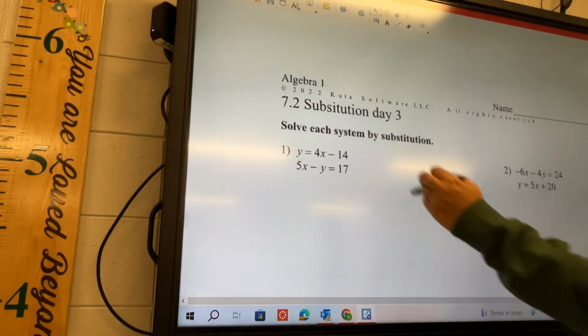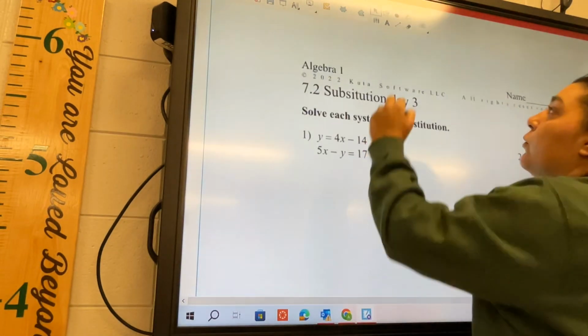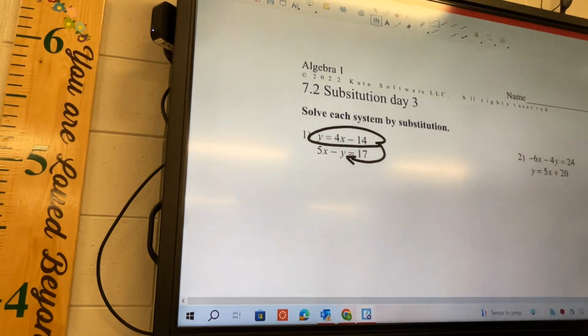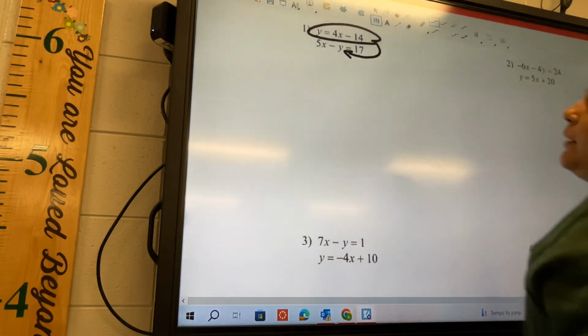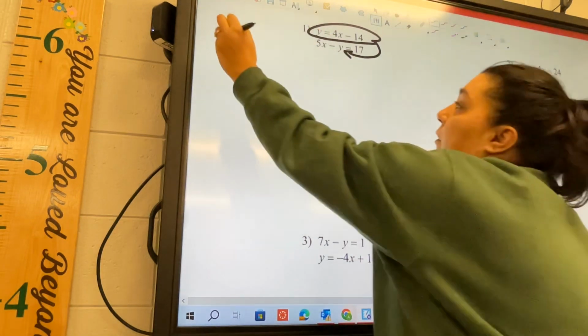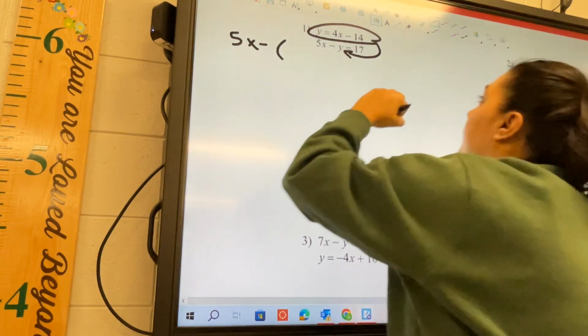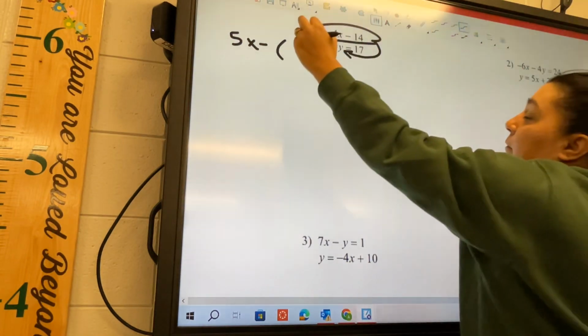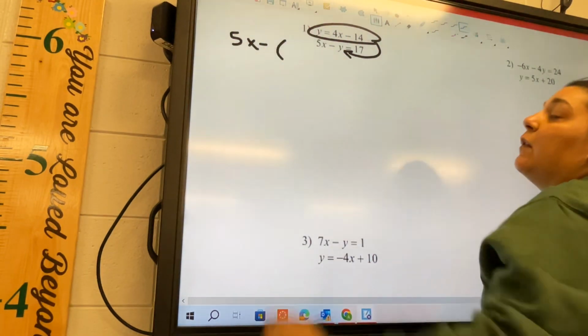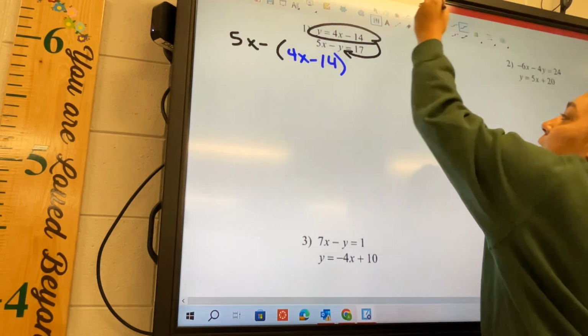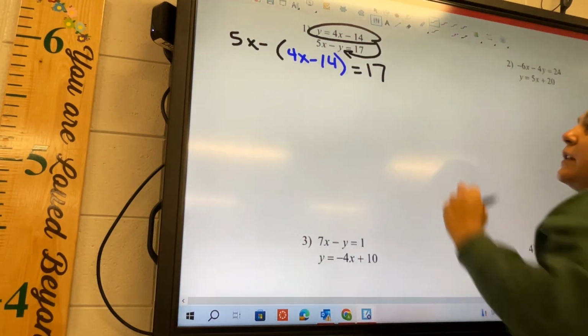The top equation, and so it's going to get plugged in to the other one. Okay, and probably write small because you got a lot of stuff to do. Okay, so we got 5x minus, and instead of y, what am I writing? 4x minus 14